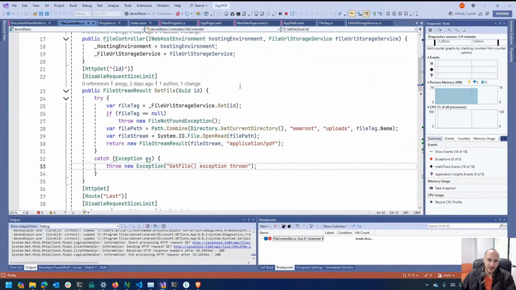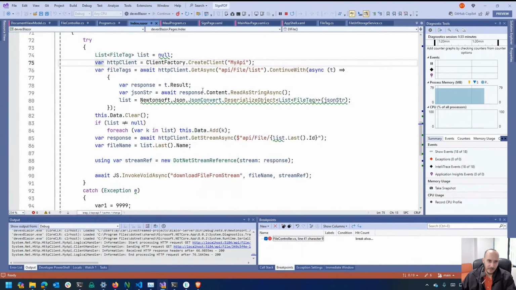And what I can also do is I can call it from the front end piece in Blazor as well. So as I mentioned before, HttpClient factory is the right way to do things in ASP.NET. It's not the right way to do things in other frameworks, and we'll get to that. So basically, the middleware pipeline in ASP.NET handles HttpClient correctly, and what I mean by correctly is that there's a